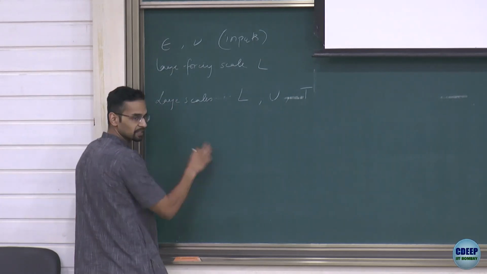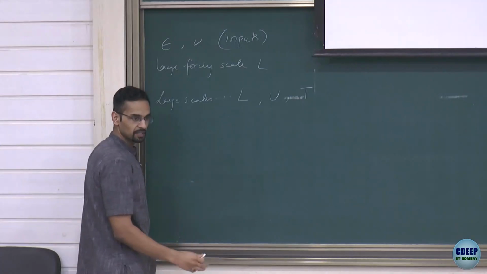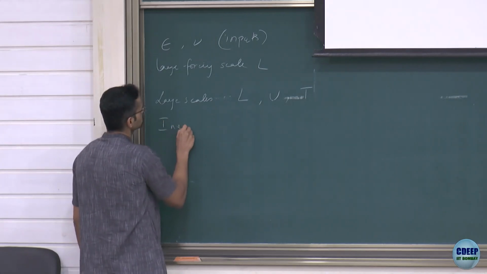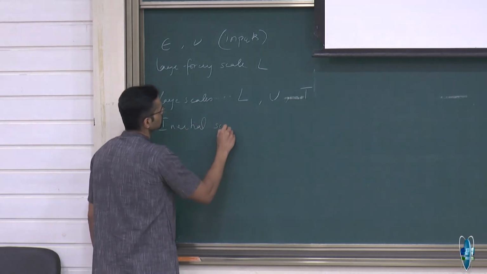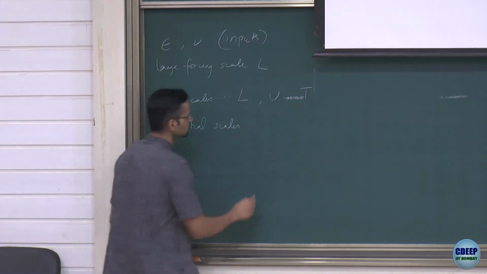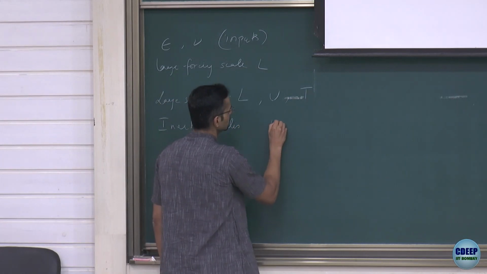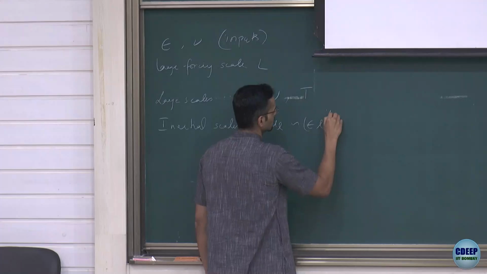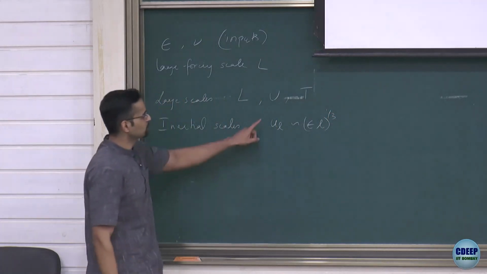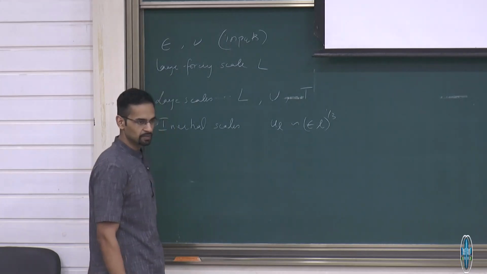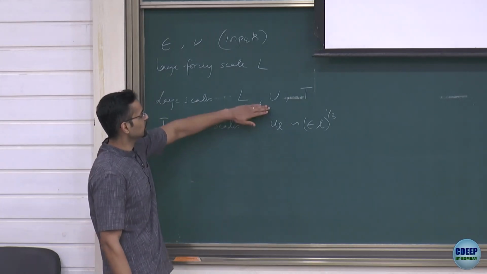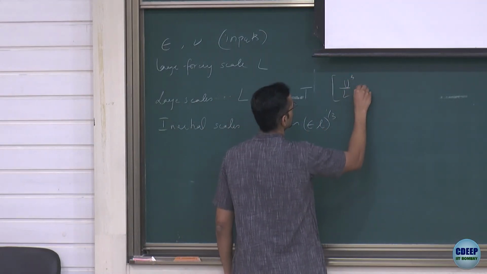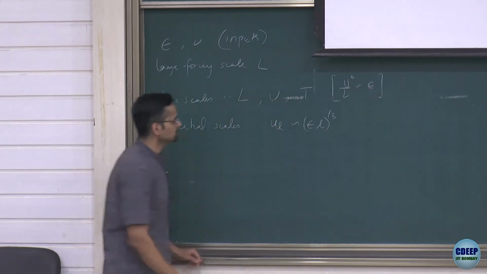Then we have the inertial range of scales, which are below the large scales, but much above the dissipation range, where viscosity is not important. So in the inertial range, we have u at scale l must behave like epsilon l to the 1 by 3. Or this u cubed by l will go like epsilon. And of course, that carries all the way to the large scales. So in the large scales, we also have the same relation, and the same is true here.